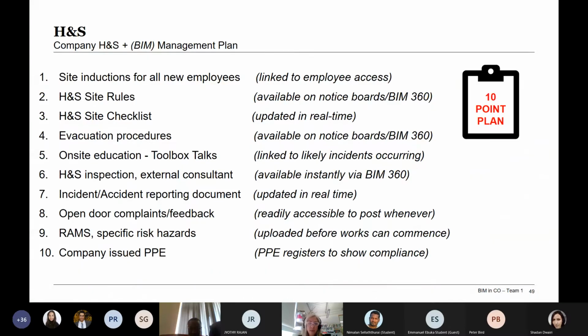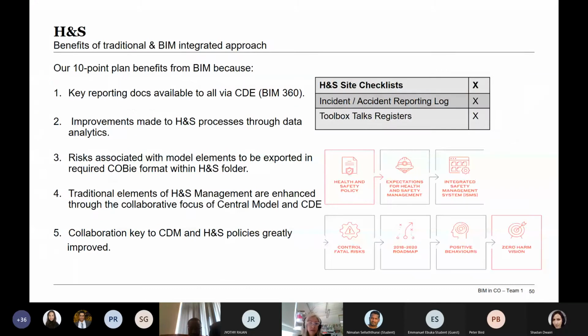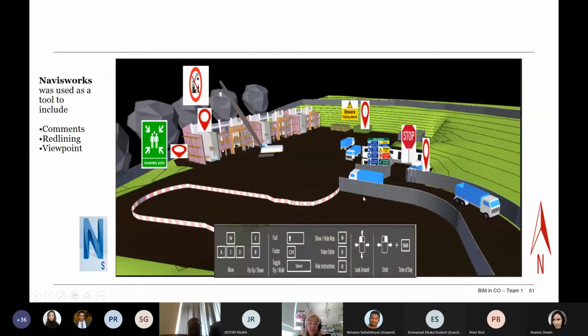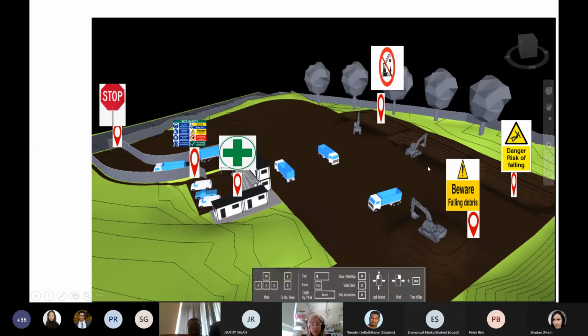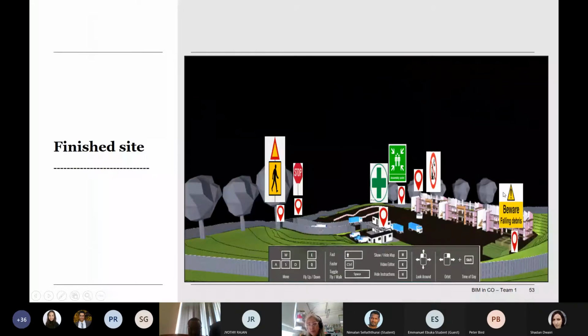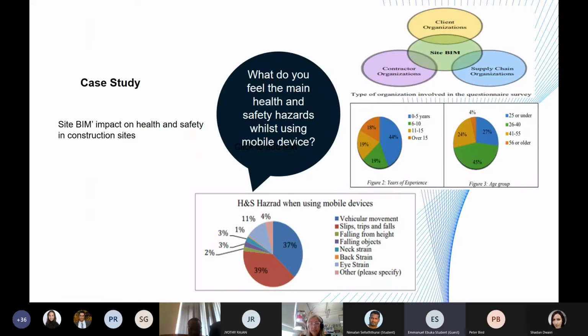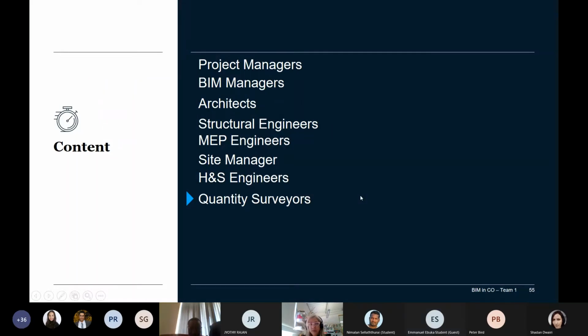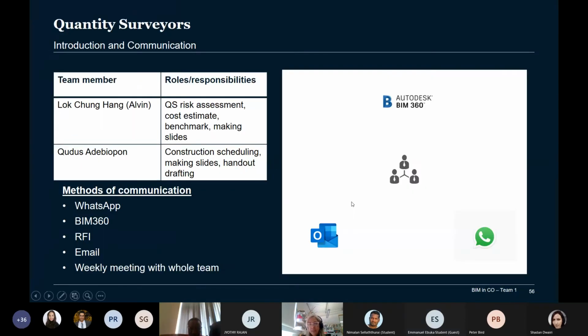Yes, 10-point plan. And then moving into the benefits and so on. And they did another image here using Enscape, because I can see the Enscape and Navis work. Some of the highlighting risks have been done through the 3D model and the finished site. Case study as well on health and safety, and then finishing with the quantity surveyors